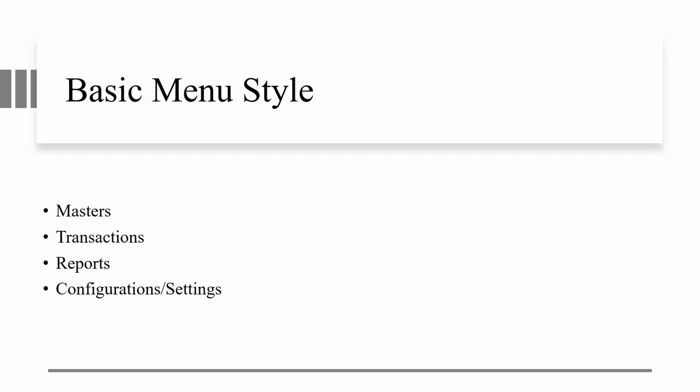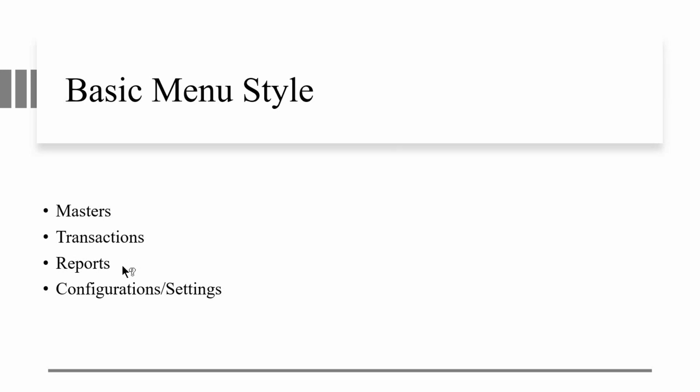Next is transactions. Under transactions, again we have two main things, that is accounting vouchers and inventory vouchers. It's a place where we go for recording the transactions in accounting as well as inventory vouchers. We have to check whether the transaction belongs to accounting or inventory, and based on that, we go to the respective accounting vouchers and inventory vouchers.